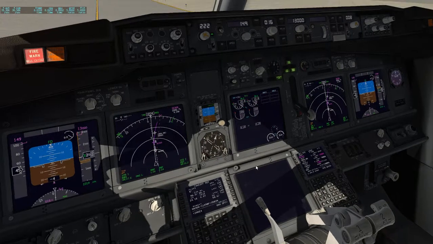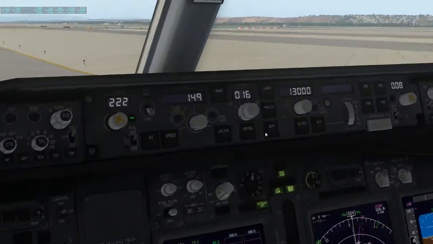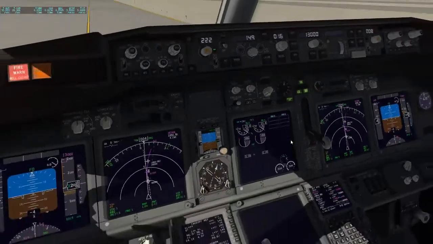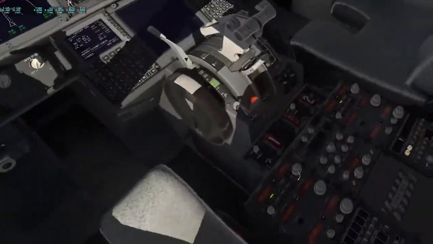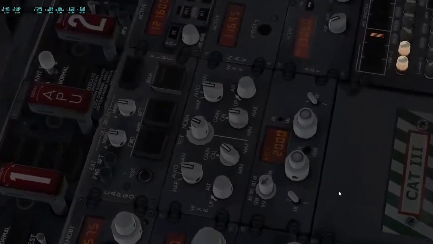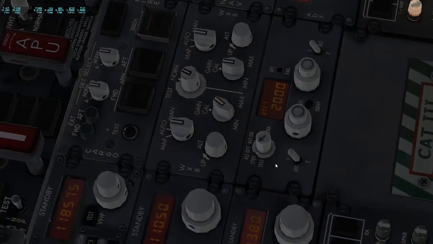So we can then verify before taxi. We've got the auto brake RTO. The flaps are 5 required, 5 are selected. We've got green light. The TCAS, we're not on VATSIM or anything like that, so we've not been given a squawk code to go into the transponder down here. If we were given a squawk code when we were on VATSIM getting ATC clearance, we would simply dial that in here. So let's say we were given